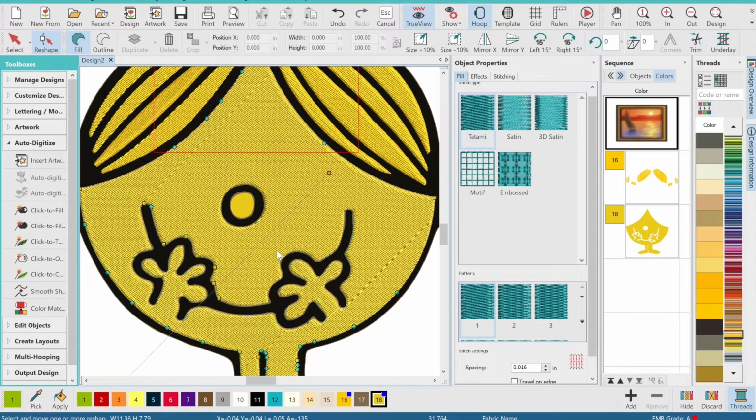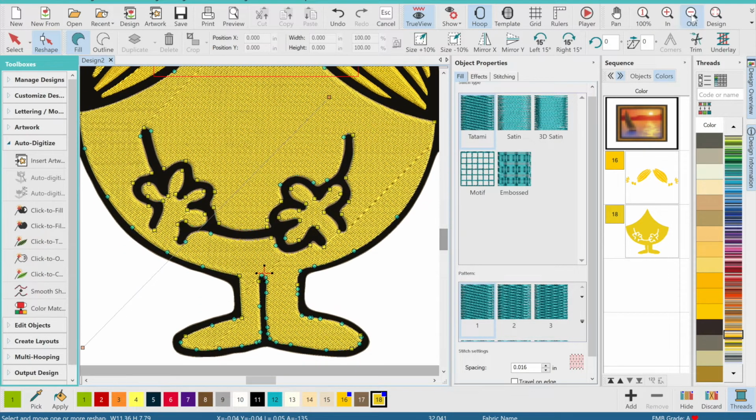Okay, and again, the reason I did that is to prevent gapping, because those details are so much smaller than these fills, so they're just going to get so lost in the sauce. It's easier to put a satin fill on top of a tatami fill to prevent any further gapping. So I'm going to zoom in a little bit,